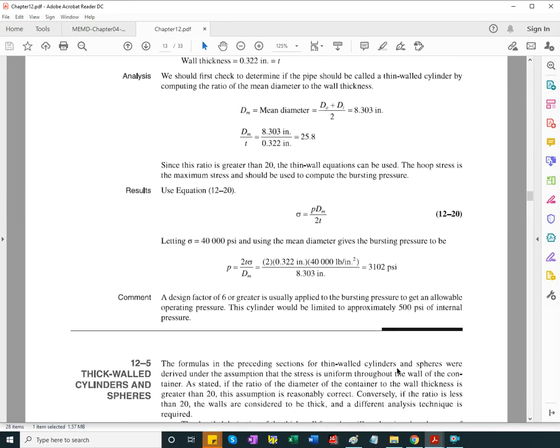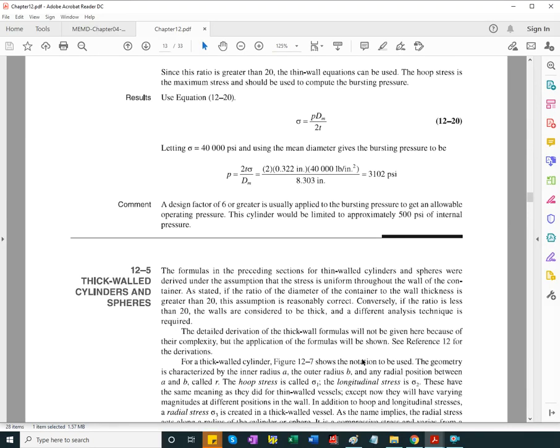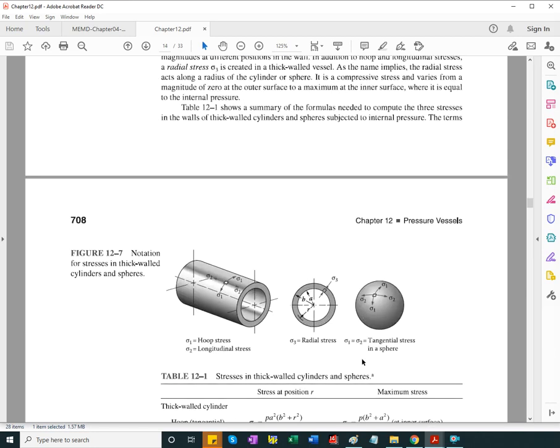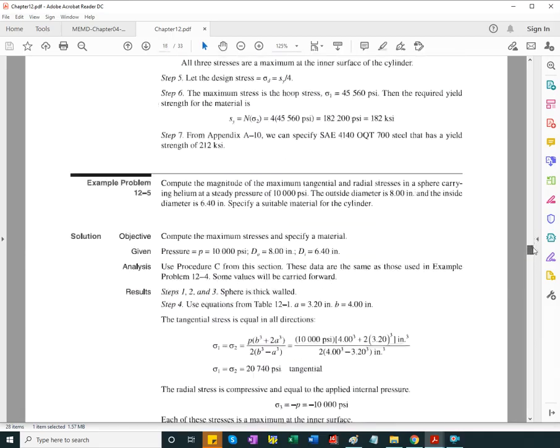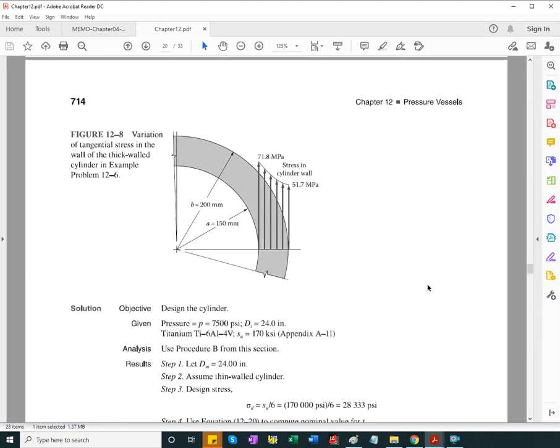Okay, so there are some sample problems that you want to follow. The key is, again, to recognize that in order to apply the earlier equations, 1 and 2, or maybe the hoop stress and longitudinal stress or tangential stress for spherical tanks, you need to first check that the tank is thin wall. If it's not thin wall, the approximation made that the stress is about even through the wall is no longer valid. For a thick wall pressure vessel,